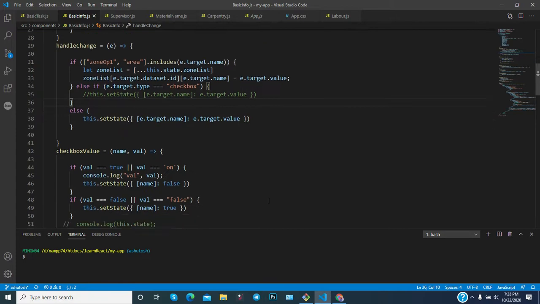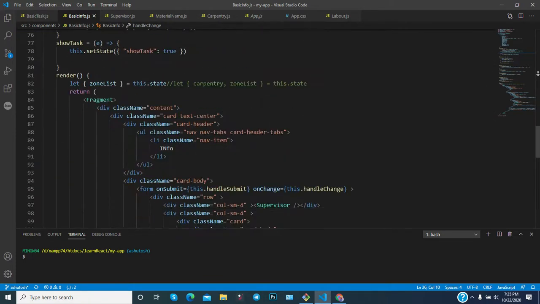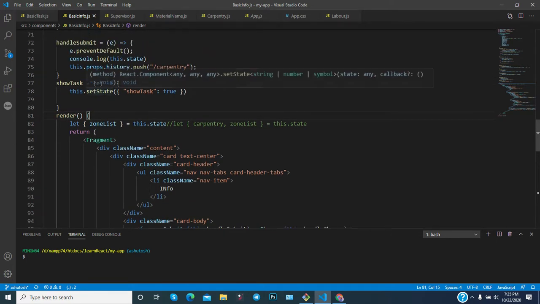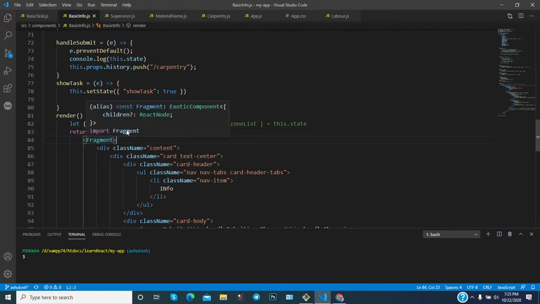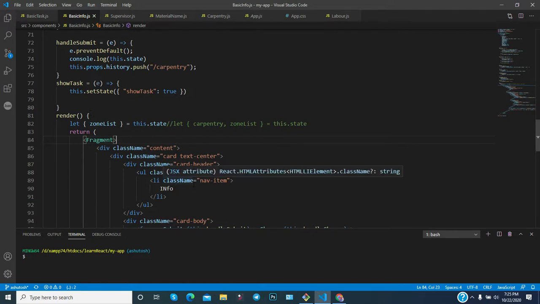So let's move to this render method. As you know, if you set the value of the state, then the render method, which comes from the life cycle hook, will re-render the thing. And after the comparison, it will compare the real DOM or virtual DOM, whatever they are doing internally. You just need to know some general knowledge of what they are doing internally. But the main focus is how you can build something using React. So this is very important.